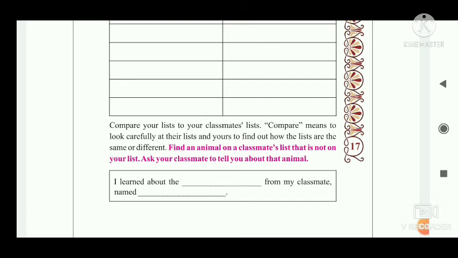So only you write down the names of 5 animals that are extinct and 5 animals that are endangered. आपको सिर्फ 5 animals का नाम लिखना है जो extinct है और जो endangered है वो आपको लिखना है. Okay, next